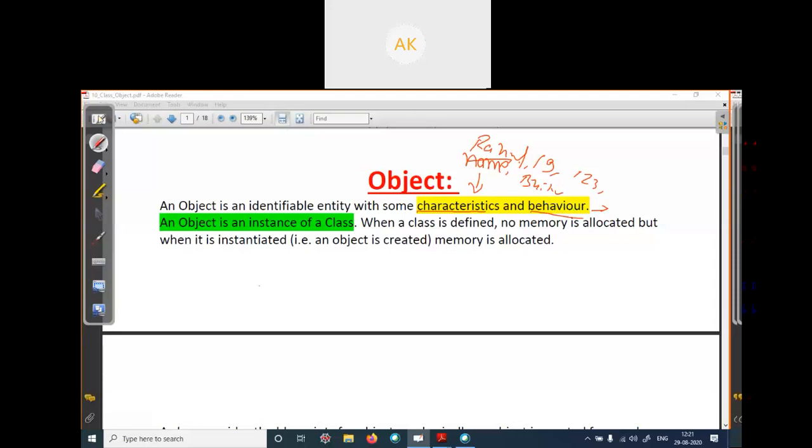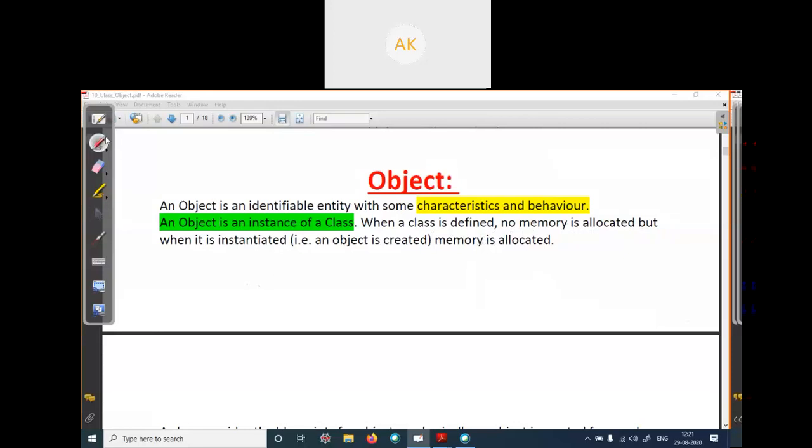An object is an instance of a class, as we discussed in the first class. When you declare a class, it does not allocate memory in your system. Memory allocation will happen only at the time of object declaration.